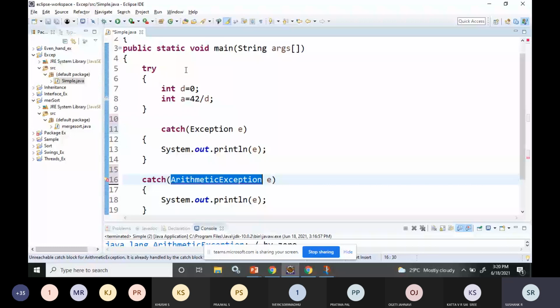Inside this try block, I'll create one more try block so that we can handle that situation. One second, I'll just make the modification for this program itself.